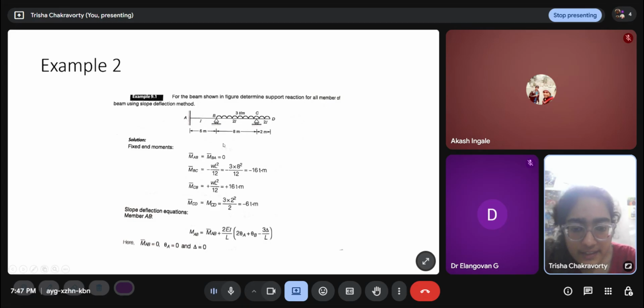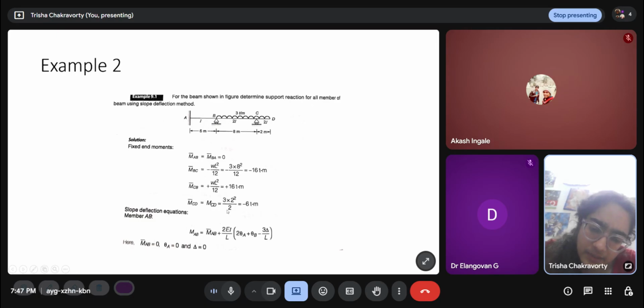So here also we write the AB, M bar AB and M bar B are 0 because there is no loading in this span. For this span it is simple, it is minus WL square by 12 plus WL square by 12. And MCD is interesting because D,